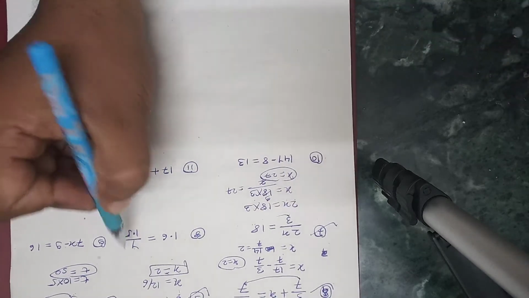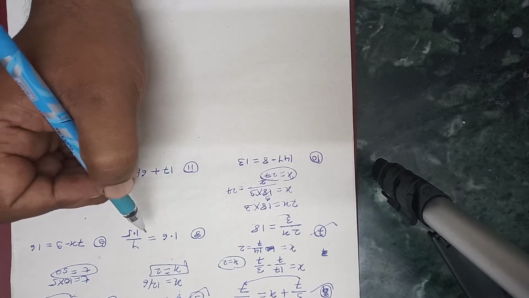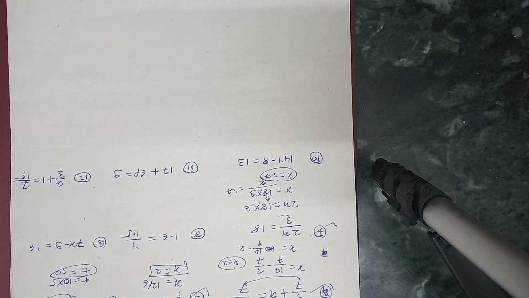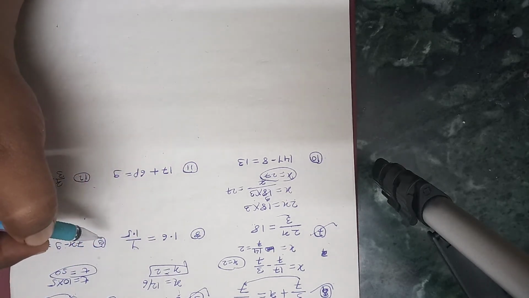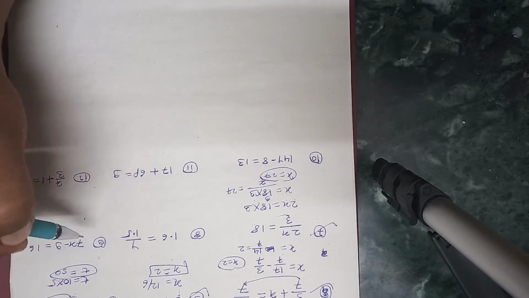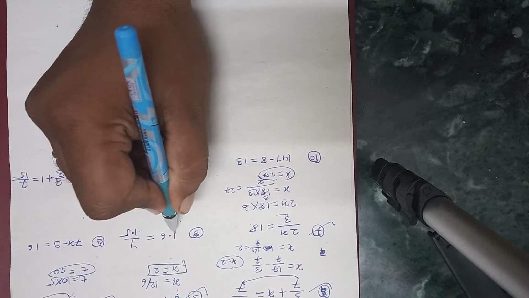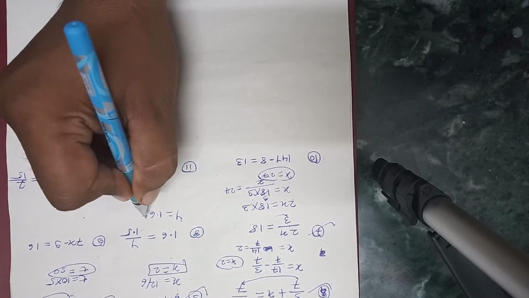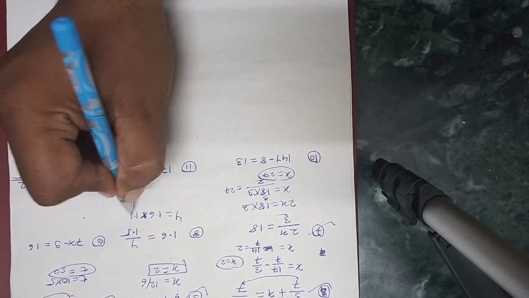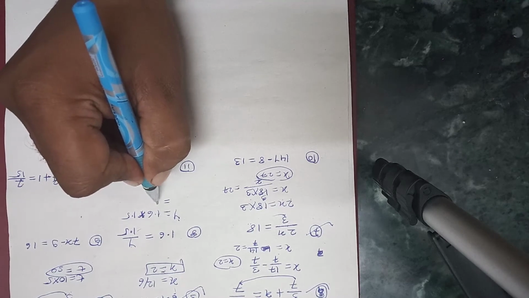Then here we have one example that is slightly different if we compare with the above examples. Here 1.6 is equal to y divided by 1.5. So simple, we will do a simple calculation. We will transfer this value here. So y will become 1.6 multiplied by 1.5. So we will solve it.